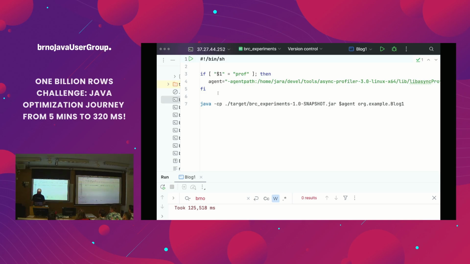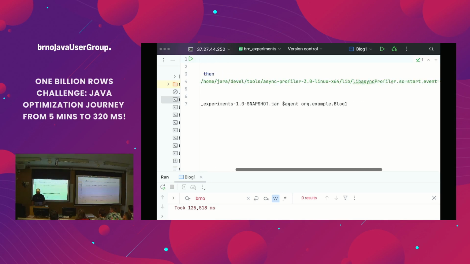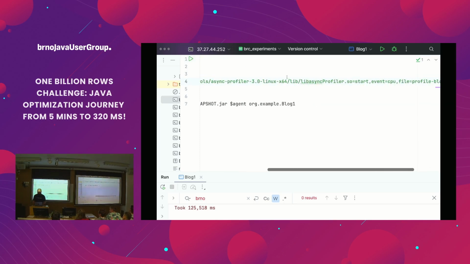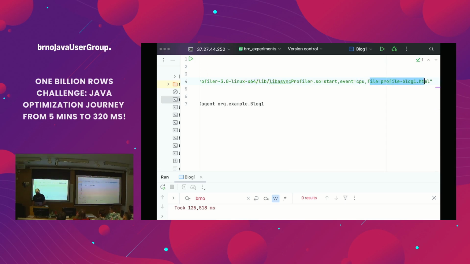Part of this tarball is the JVM agent. If you want to use the profiler, one of the ways is to start your JVM with agentpath. It takes the path to the profiler. I'm interested in the CPU time, and I want the output to be in this HTML file.